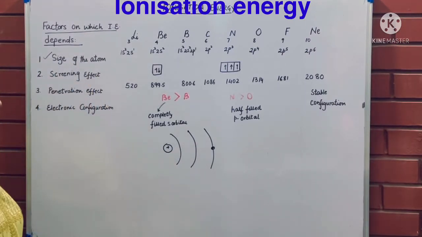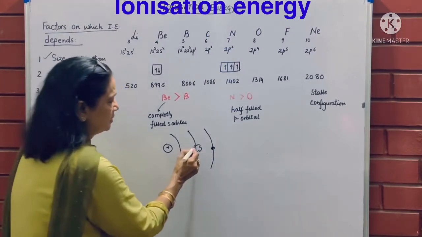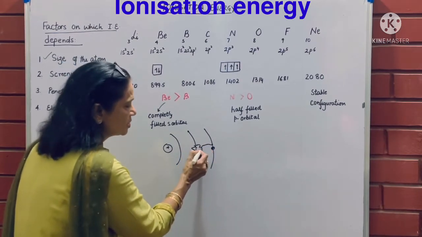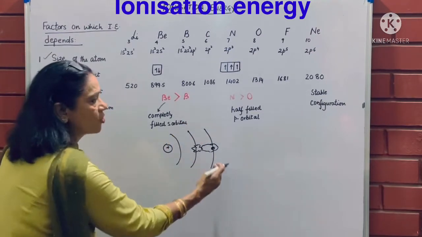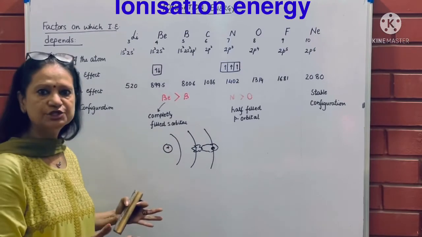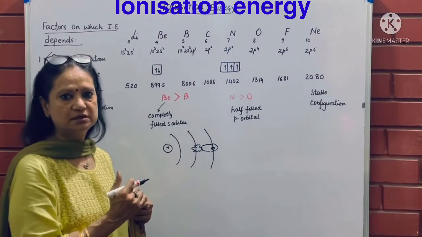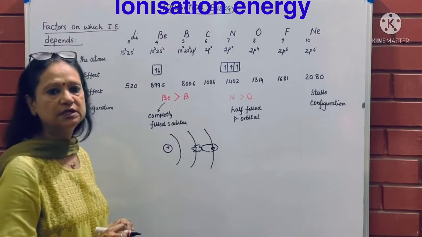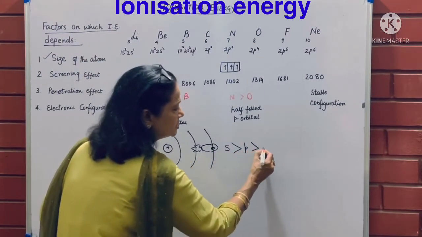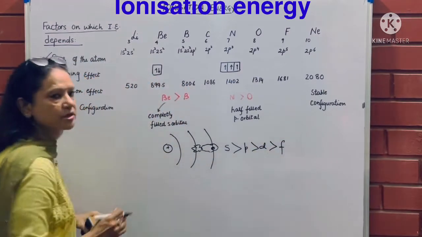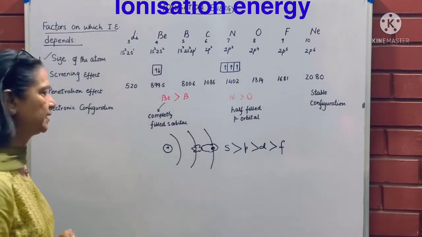Next is the penetrating effect. Penetrating effect means that there is an electron cloud, as you already know. The electron cloud of this shell merges into the electron cloud of the other shell, because there are no distinct boundaries. Like I've drawn a shell like this, but there are no shells like this; there are electron clouds. So one electron cloud merges into the other, and again pulling out the electron becomes difficult. It is very difficult to take out from s, then p, then d, and then f.